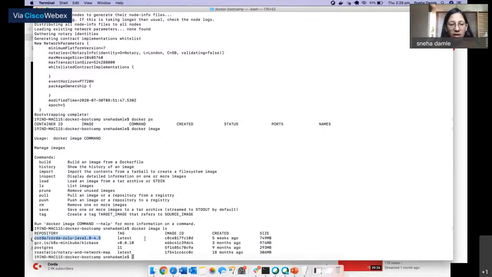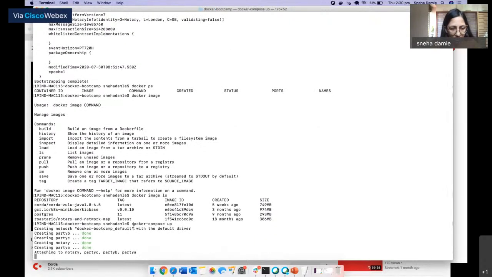Whenever you run the Docker Compose command for the very first time, it will download this particular image onto your system. I'm going to use the docker-compose up command to start off the containers. This is the command.